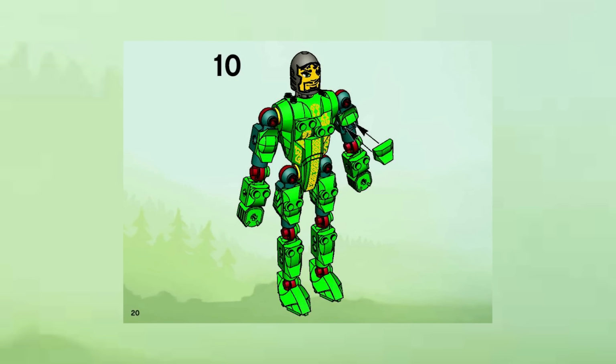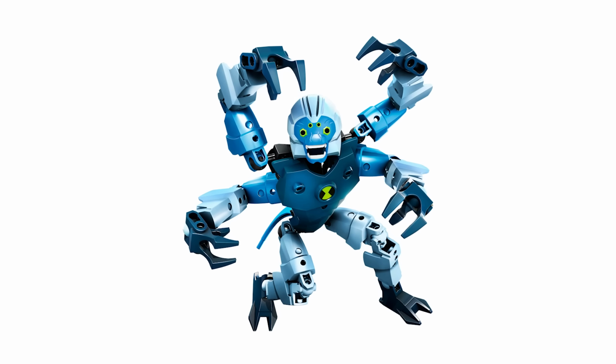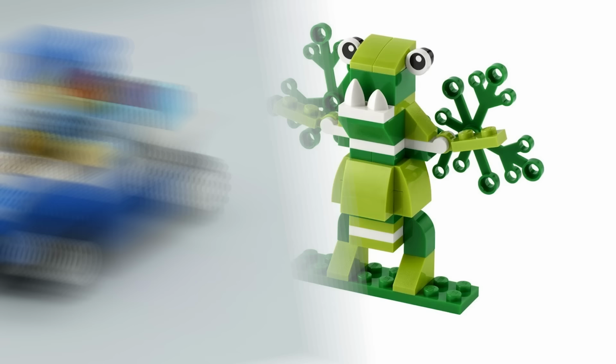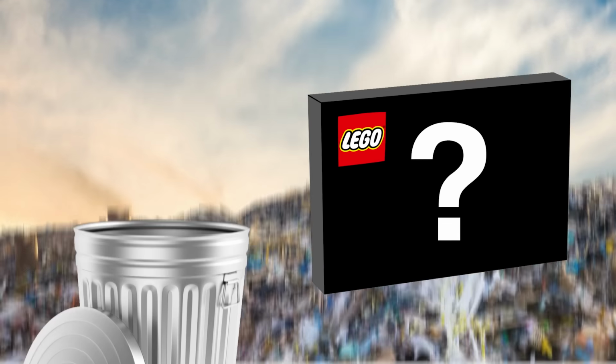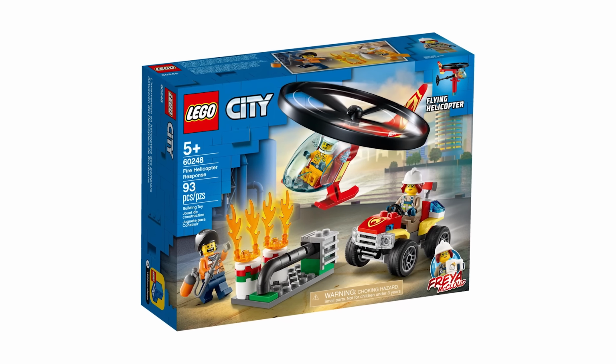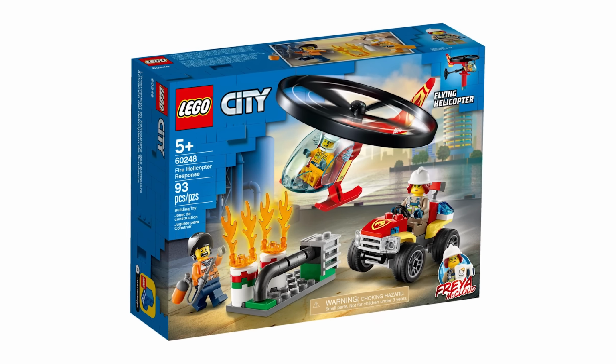LEGO makes a lot of sets, and although many are great, some are not. Even if you love LEGO, you might question what exactly the designers were thinking when they made these, because today we'll be looking at some of LEGO's worst sets, including one that LEGO management deemed so bad that it wasn't even released. To start things off, let me tell you about the atrocious, epic failure that is the Fire Helicopter